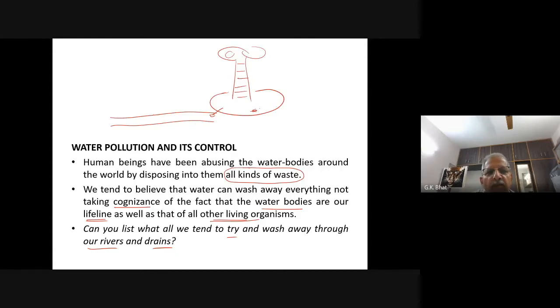The water used to flow, and in the morning we used to come here and take a bath. We used to wash our anal region here and the water used to go. Even if we take a bath here and wash here, the water is not stagnant, it used to flow. Is it not that the same river is used by some other person to have an anal wash here?